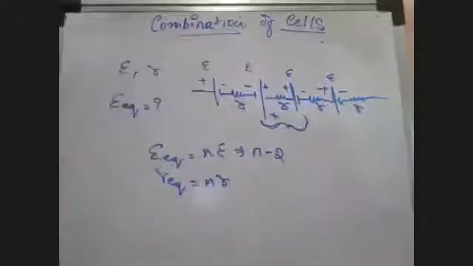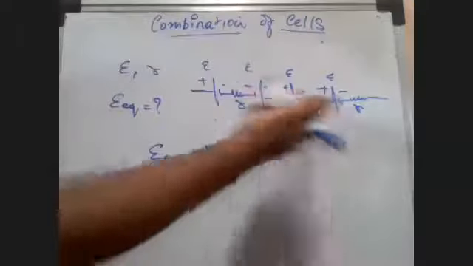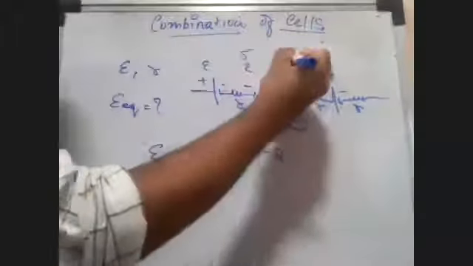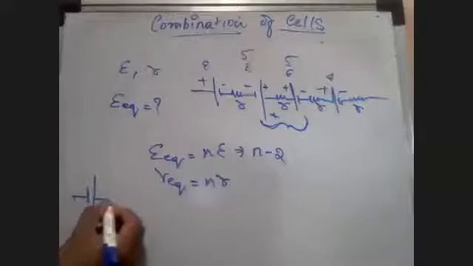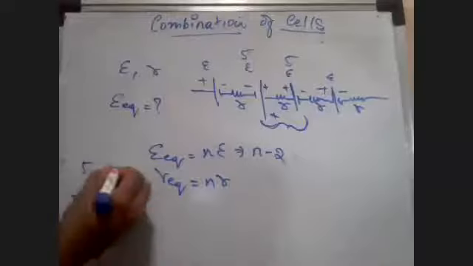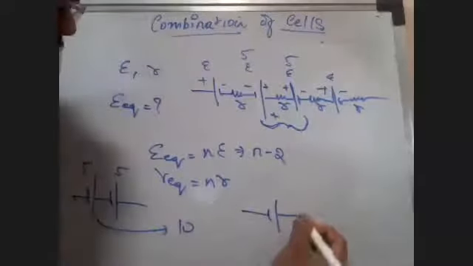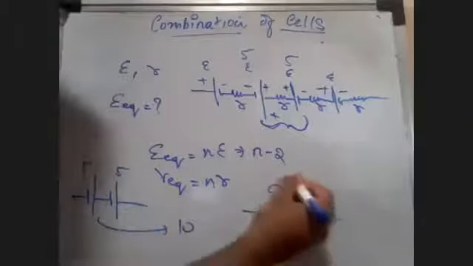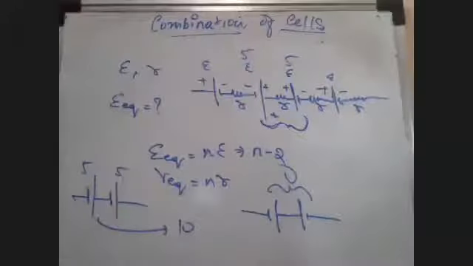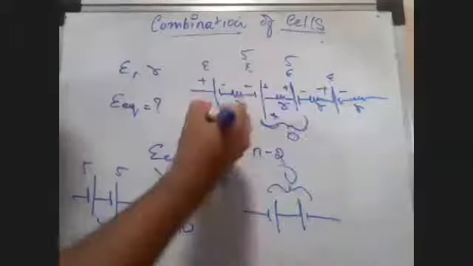Okay, look at it this way. Let's say that both of these are 5 volts. If I connect a battery here like this and a battery here like this, 5 and 5, what is the total potential going to be? 10 volts. But now, if I take this and change it like this, then what is the total potential? 0. Yes or no? Yes, sir, 0. So how many batteries did I lose out of n cells?